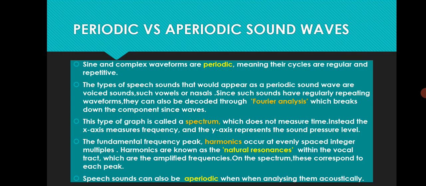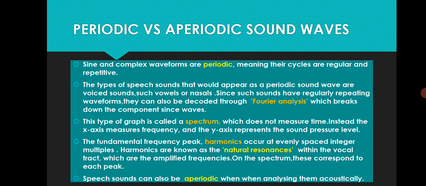Then what is the difference between periodic versus aperiodic sound waves? Sine and complex waves are periodic, meaning their cycles are regular and repetitive. The types of speech sounds that appear as a periodic sound wave are voiced sounds, such as vowels or nasals. Since such sounds have regularly repeating waveforms, they can also be decoded through Fourier analysis, which breaks down the components